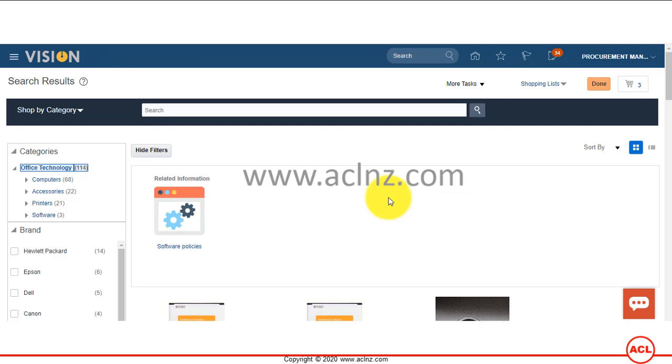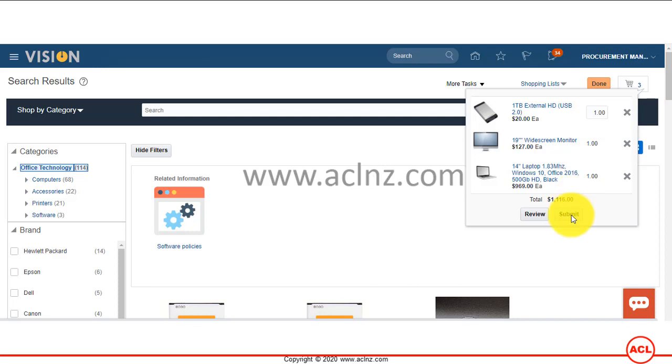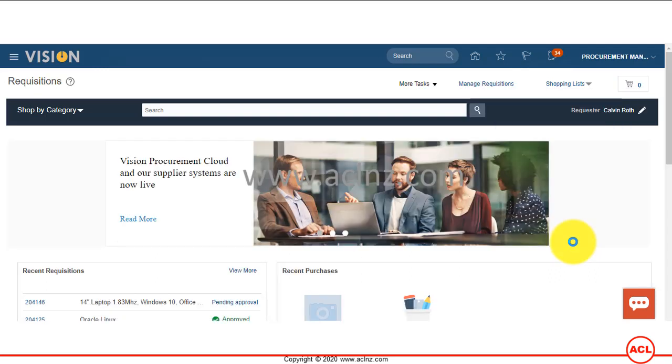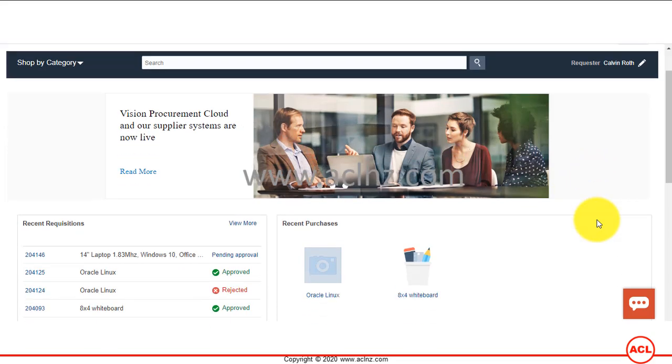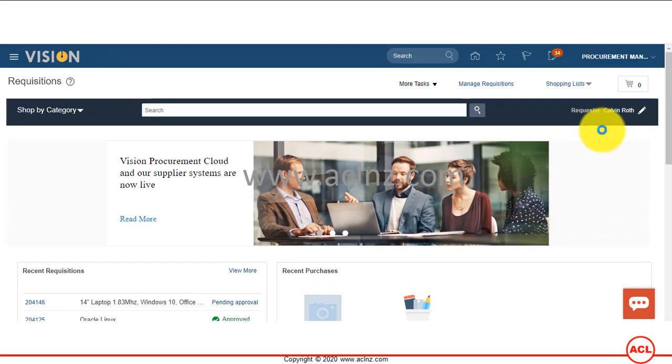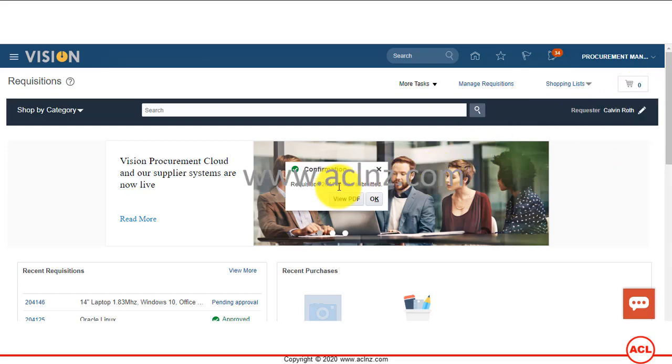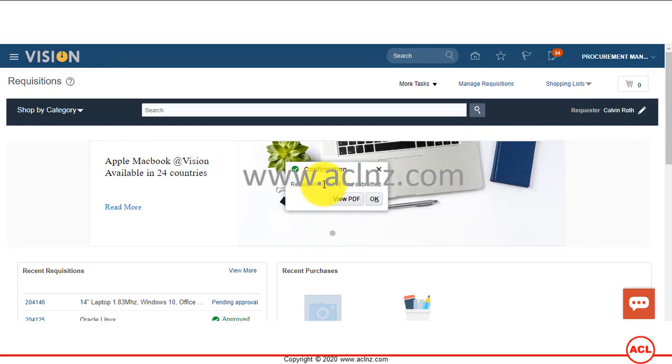all that. I'm going to simply go to my shopping cart, okay, and then I'm going to hit the submit button, unless you want to update or remove any of these items. So when I hit the submit button, you could see that the purchase requisition number getting generated in the next form, and we are going to note that information. Okay, you see it's still processing. The cart has gone to 0. You see requisition 20416 was submitted.